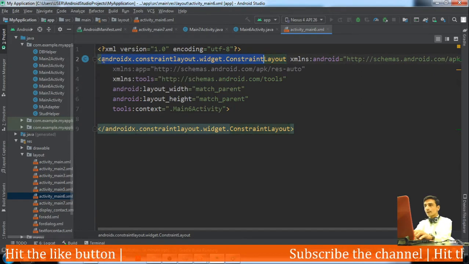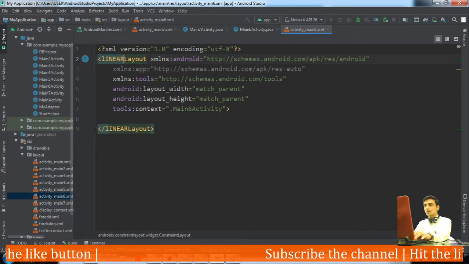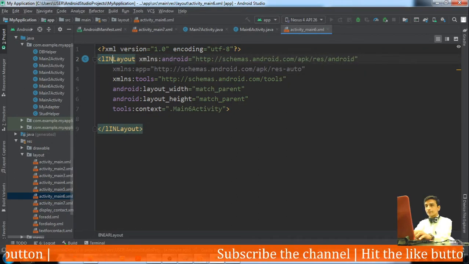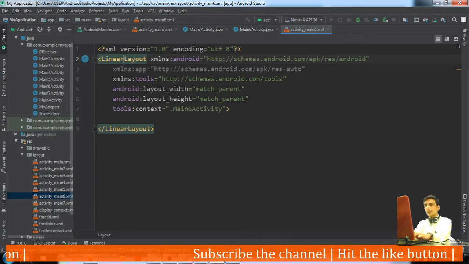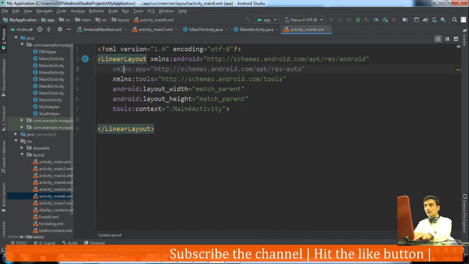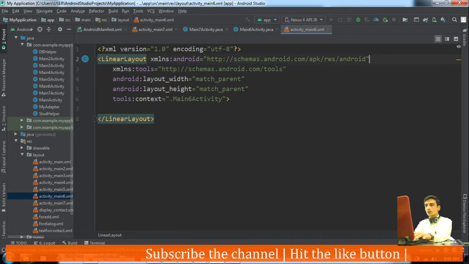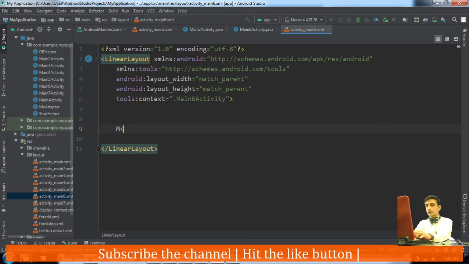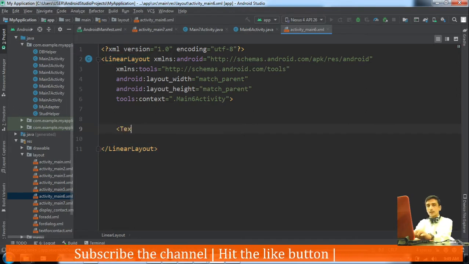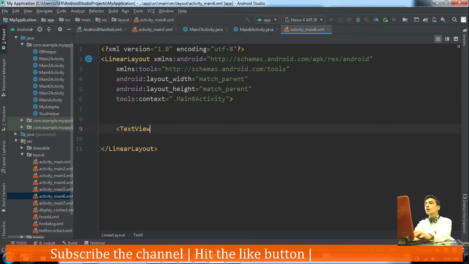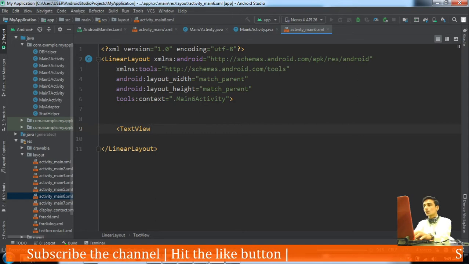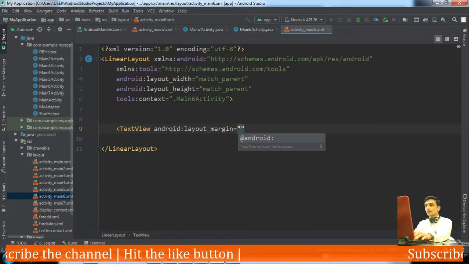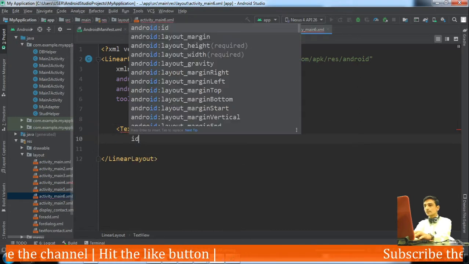Now first of all, I would change the layout manager to linear layout, and in this linear layout I would first give a title. For that, I would place a text view.